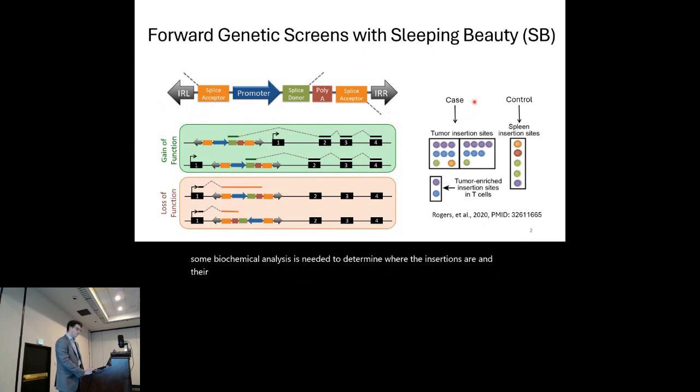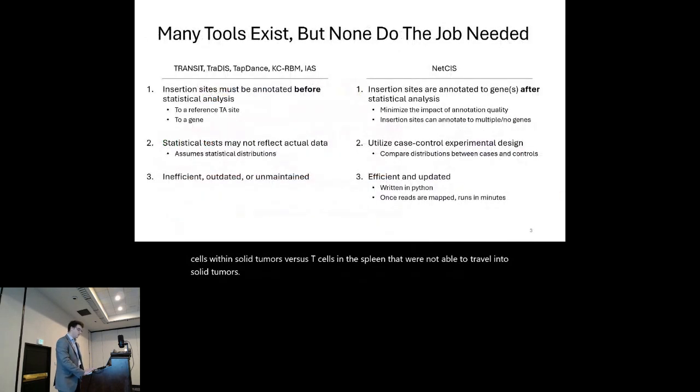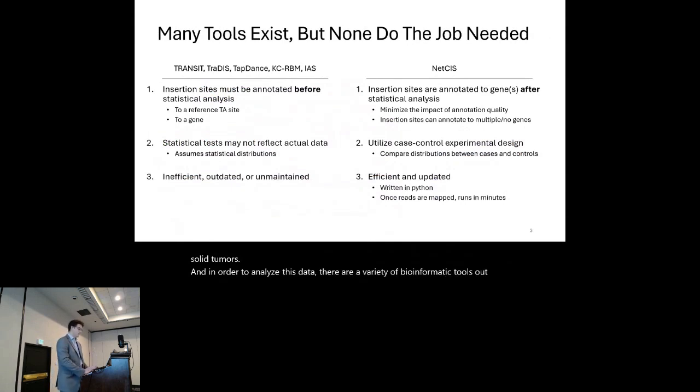Now, we've begun doing screens that utilize both cases and controls. And what we want to see is how they differ from each other. For example, we could be comparing Sleeping Beauty insertions found in mutagenized T cells within solid tumors versus T cells in the spleen that were not able to travel into solid tumors. And in order to analyze this data, there are a variety of bioinformatic tools out there for Sleeping Beauty analysis,